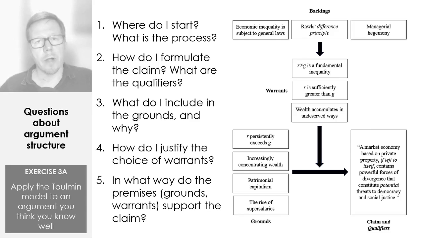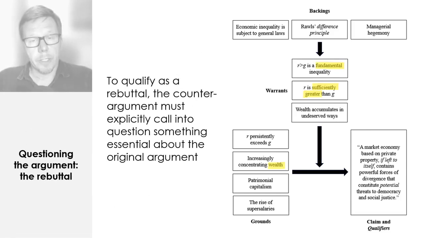That's what credible argumentation is all about. There are a total of 6 elements to the Toulmin model. I have discussed 5 so far: claim, qualifier, grounds, warrants, and backings. The final one is the rebuttal. And the role of the rebuttal in an argument is to call into question